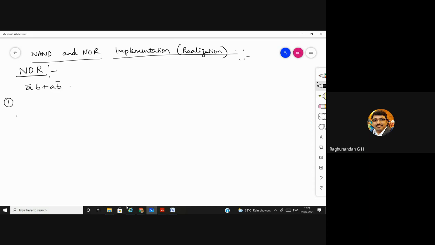So first step, I'm going to write the circuit using basic gates. A, this is A bar. So that's why A bar. This is B. After that, we are having multiplication operation. So we use AND gate. Next, A into B bar. A, B bar is there. So we use one NOT gate so that it gives you B bar. Okay, after that, we are having OR gate.